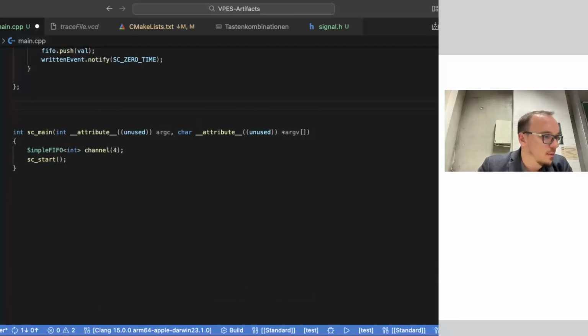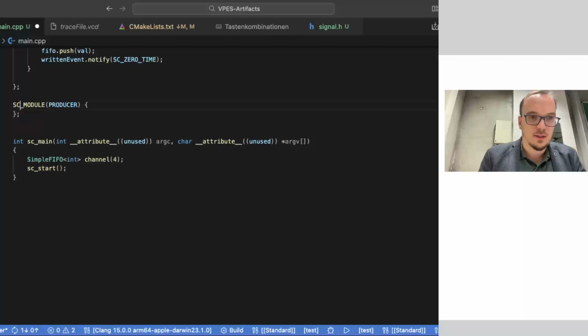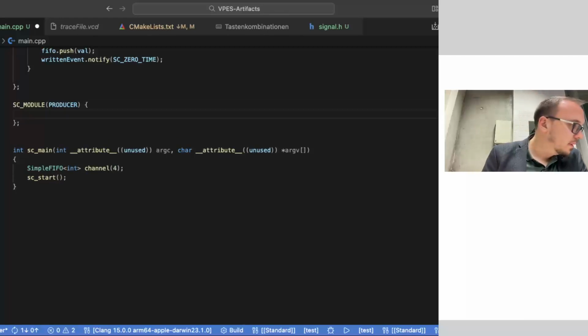So now let's implement the producer first. We make an SC module as we know it, and the SC module gets the name producer. And this is also a class, don't forget the semicolon. And now there comes the SC port. So we create an SC port